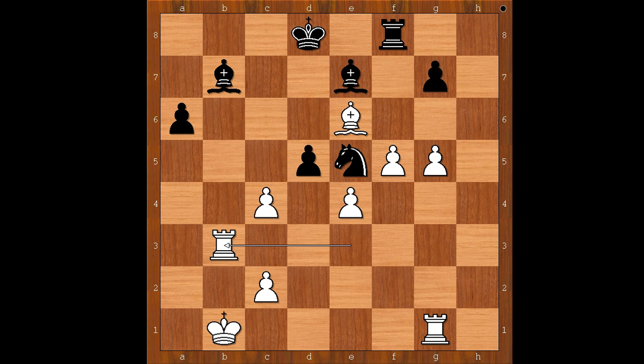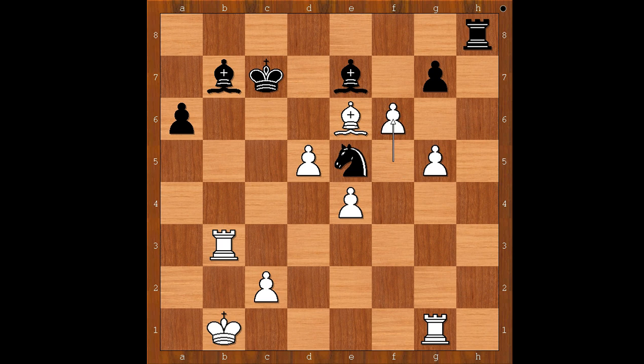What else? If bishop goes to c8, then c takes on d5. This is also good for white. So we have king to c7, c takes on d5, rook to h8. And now Anand played a crushing move. What would you do in this position if you had white pieces?